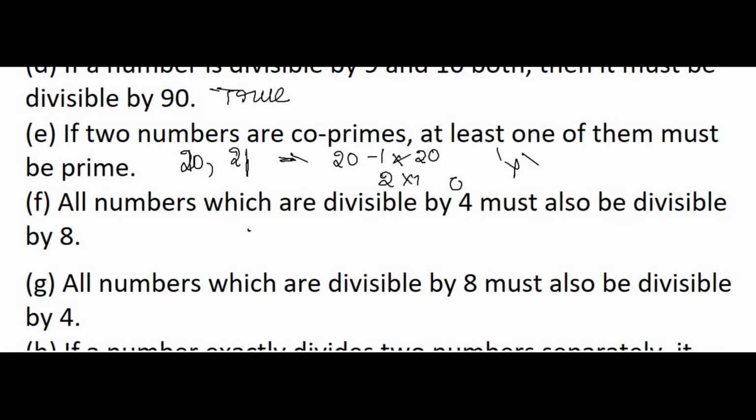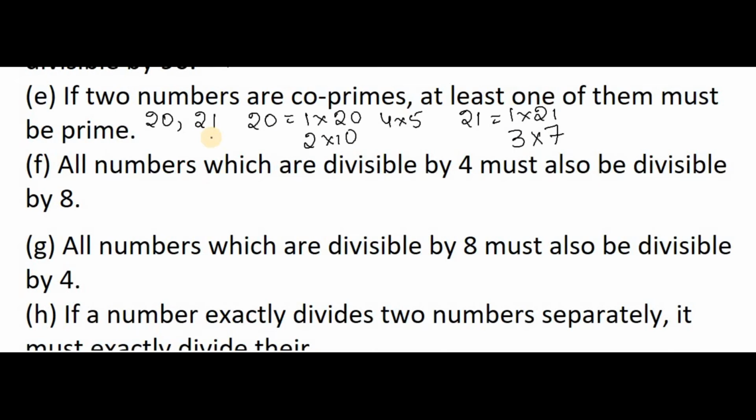I'm going to consider any two consecutive numbers which are not prime numbers. That is the reason I selected 20 and 21. I can take 4 and 5, but in that 5 is a prime number, so I didn't select that. In the same way 6 and 7, 5 and 6. Some consecutive numbers include primes, so I selected numbers where both are consecutive composite numbers. After finding the factors of 20 and 21, you find that the common factor is 1 itself, so you can say that 20 and 21 are co-primes.